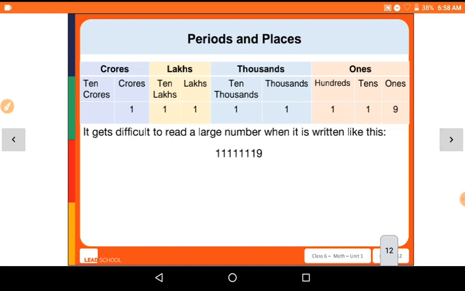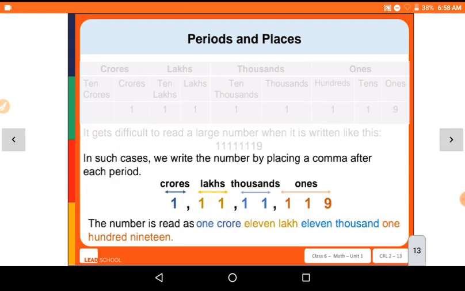Now, periods and places. It gets difficult to read a large number when it's written like that, 91111 like that. तो कभी ऐसा भी हो सकता है कि हमारे पास ऐसा कोई नंबर आए, we can't be able to read directly, that time we have to focus on another thing. किस चीज़ के ऊपर हमें फोकस करना चाहिए? कोमास के ऊपर. In such cases we write the number by placing a comma after each period. तो पहला पीरियड वंस, तो वंस में जितने भी प्लेस वैल्यू हैं उसके बाद हम कॉमा करेंगे. थाउजेंड में टू डिजिट्स हैं, after that we put the comma. लाख में टू डिजिट हैं, after that we put the comma. एंड क्रोर्स में भी दो नंबर्स आ सकते हैं मैक्सिमम. So the number is read as 1 crore